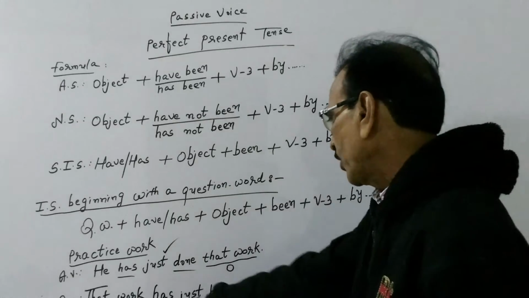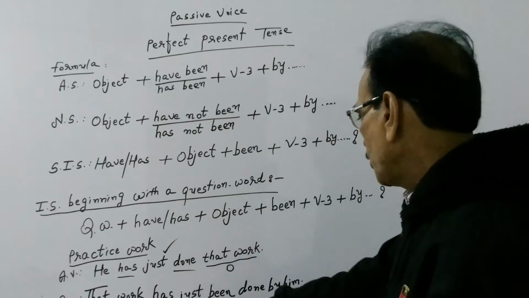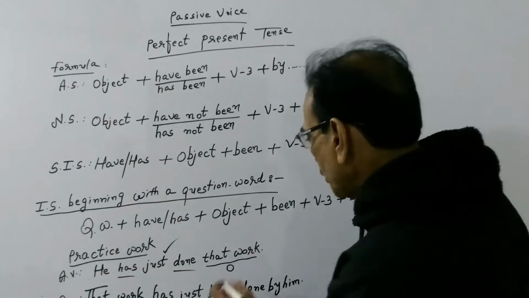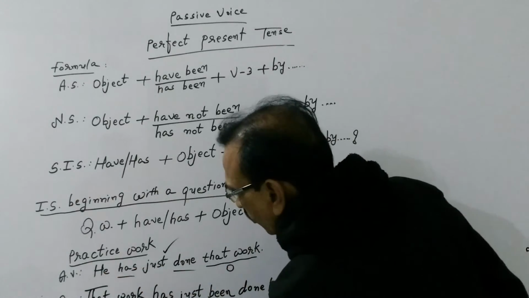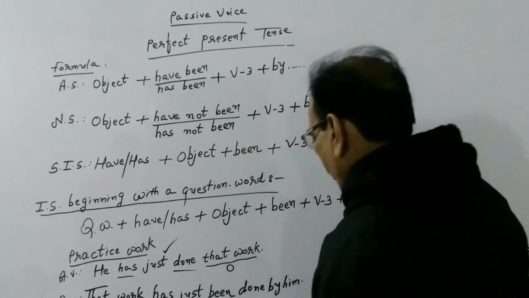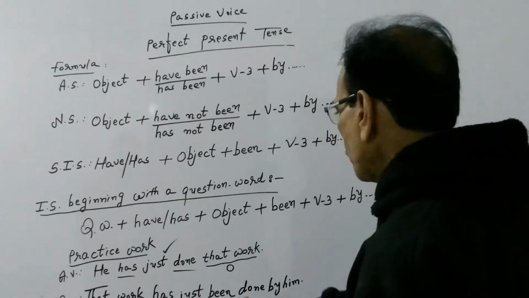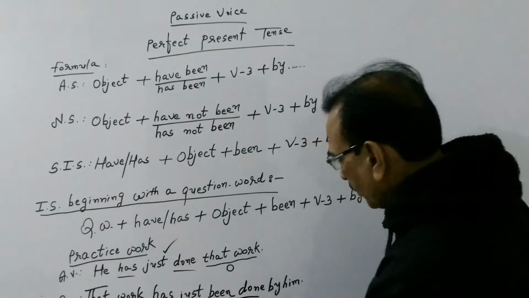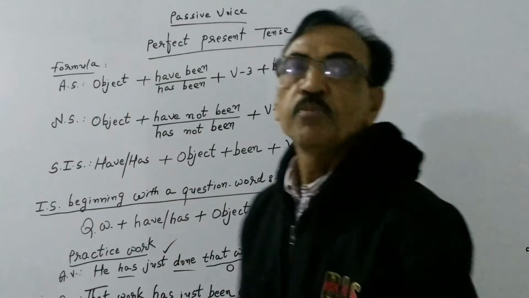This is the answer. He is changed into him. This is an object. I have begun the sentence with that object plus has, here "just" is a keyword, plus been, plus the past participle, which is already given in active voice. Right? So remember, friends,